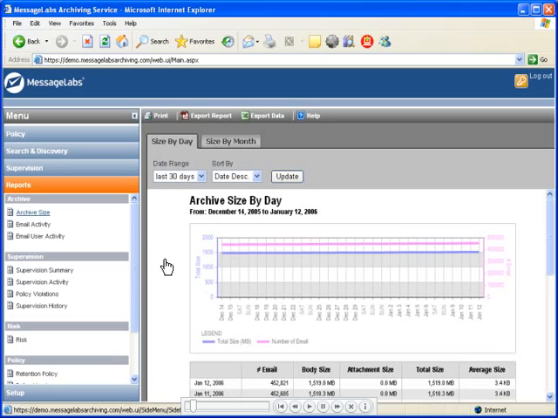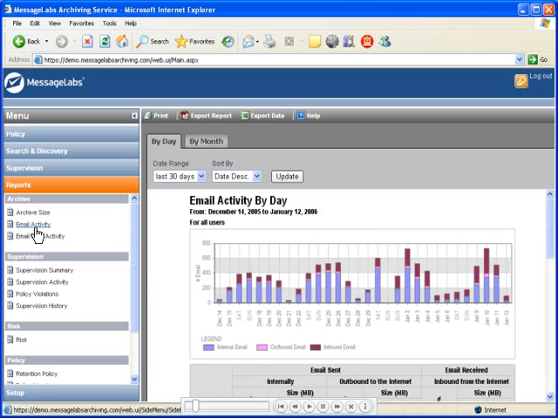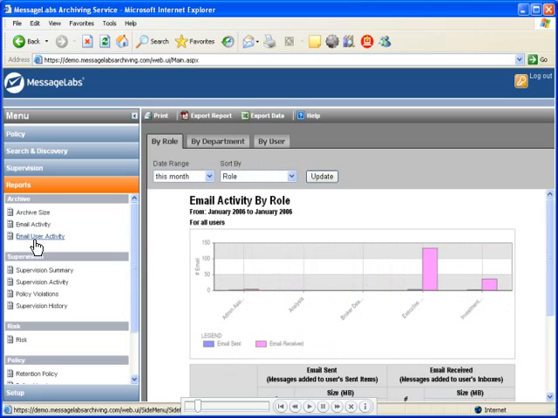The archive size report shows the overall volume of data being added to the managed store in terms of number of emails and megabytes of data. This is split into body and attachment sizes. The activity report shows the organization's email profile in terms of inbound, outbound, and internal emails. This is also split by body and attachment size. The user activity report allows the administrator to see which departments, users, and roles send the most information to the